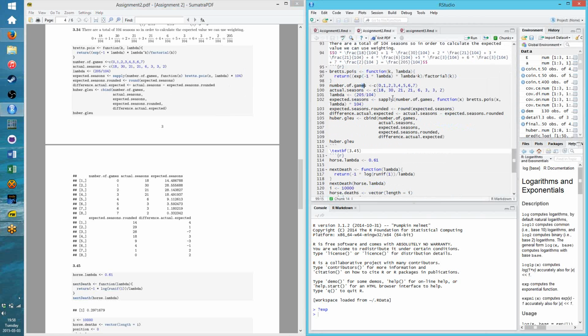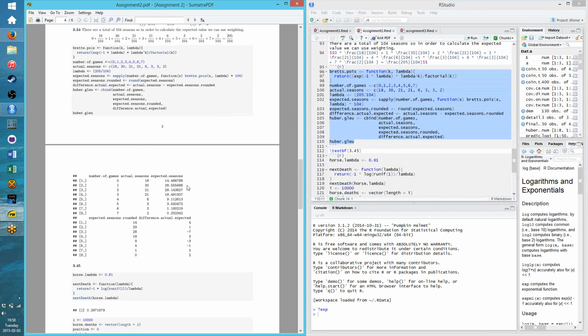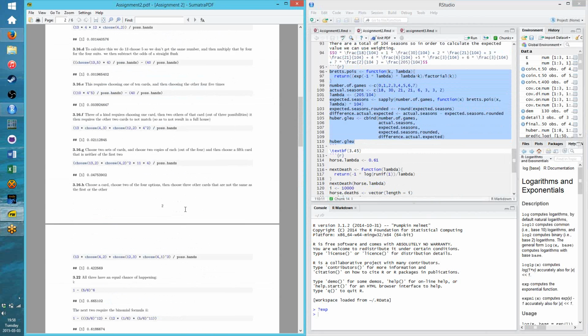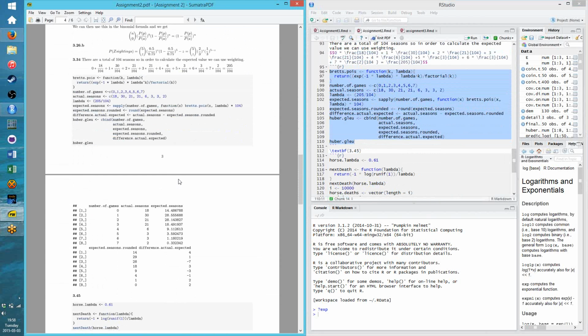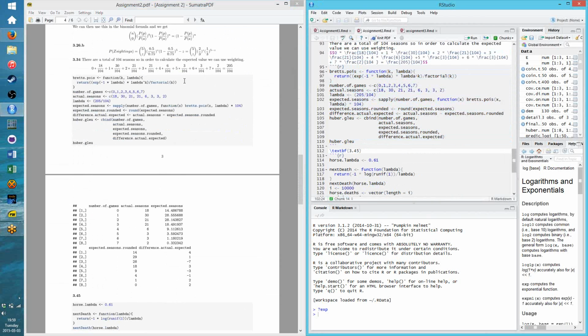For those who are unfamiliar, R Markdown lets you write in LaTeX in combination with just writing R code and executing it by segment, and it really does produce a nice looking document that can get your information across. So the question revolved around Hoover and Glue and the number of no-hitter baseball games, and creating a kind of prediction and comparing that to